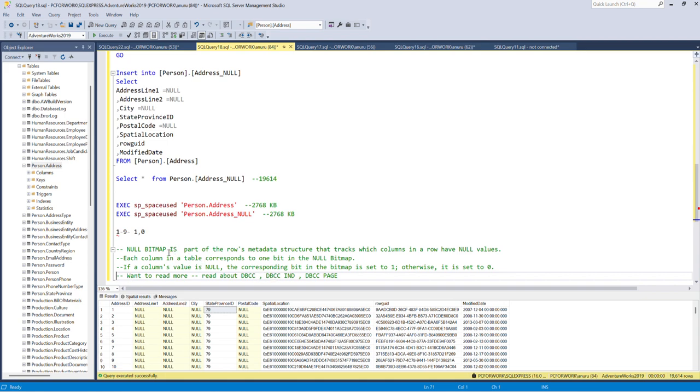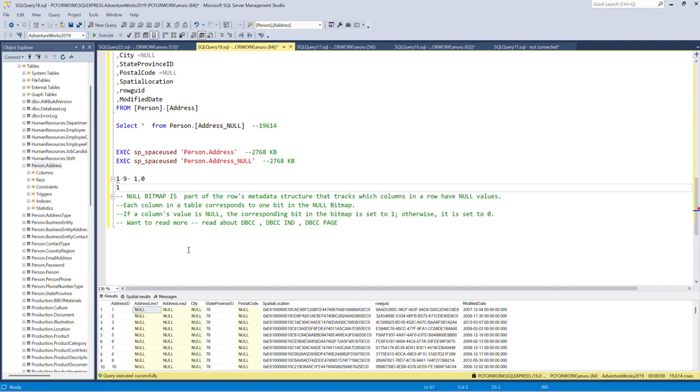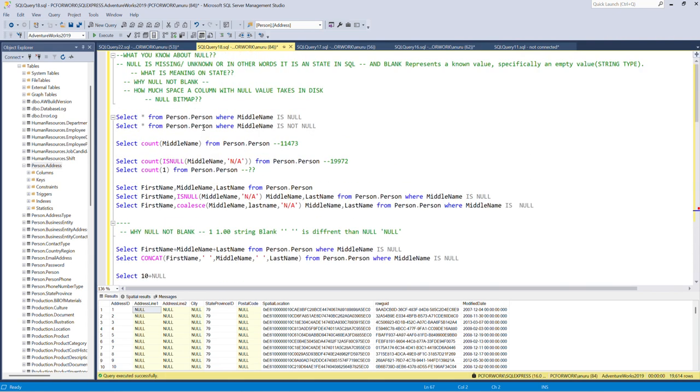But if you understand that for each row there is a row metadata, inside row metadata you have the null bitmap. For each column in the null bitmap, there is one bit assigned. So basically one null column value takes just one bit, not even a byte. It's 1/8 of 1 byte. So if there are 8 columns with null values, 8 columns, 1 bit each, they take 8 bits, 1 byte. So I think now you know more about